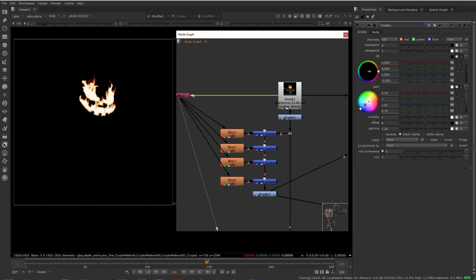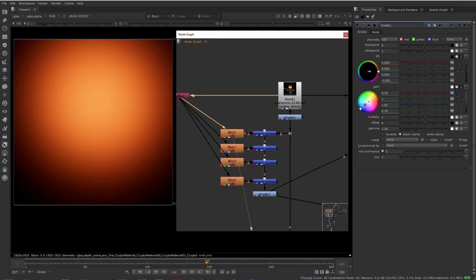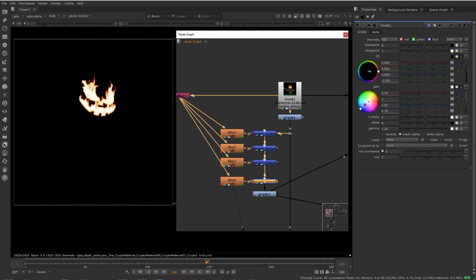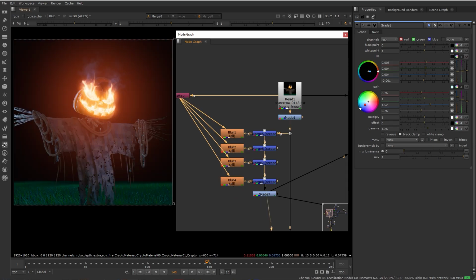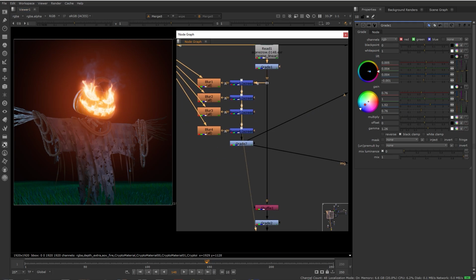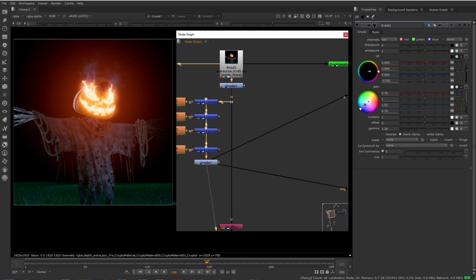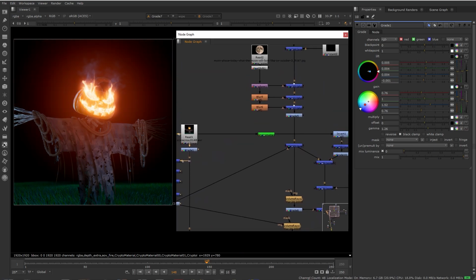Then I'm extracting the fire and adding a few layers of blur on top of the image. This way I have this glowing fire that kind of also adds to the scene, okay? Then a little bit of color correction, and next